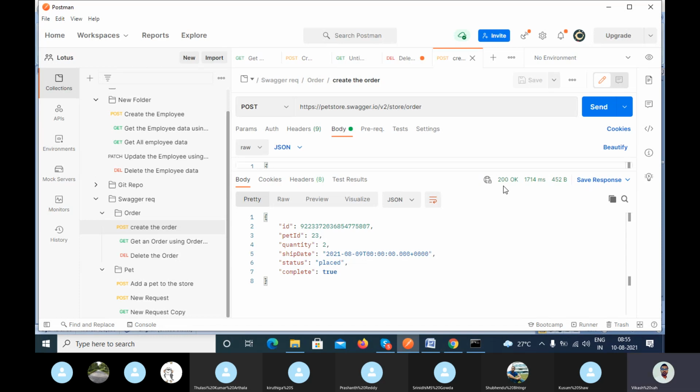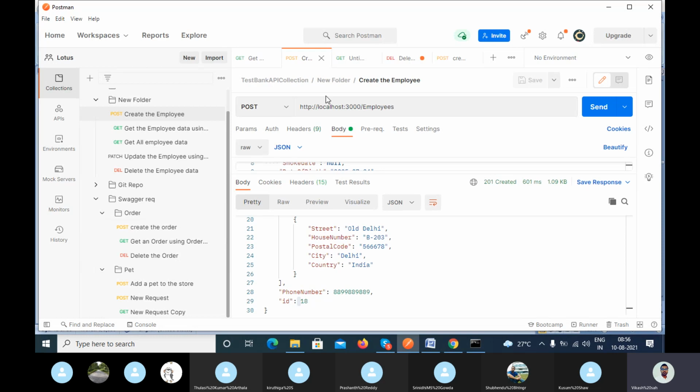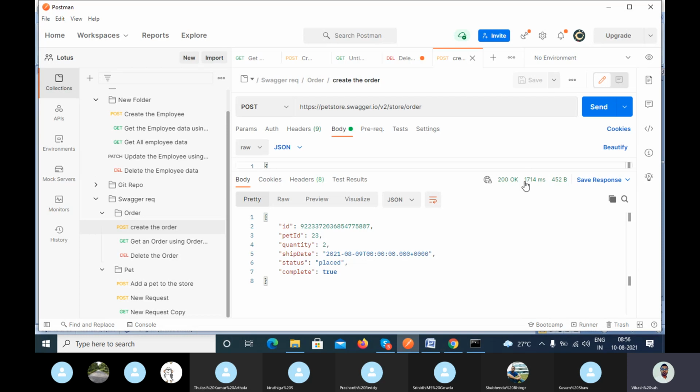So when you start testing in your project, you might say, sir, you explained to me that when we use the POST method, I will get 201, but I am getting 200. Why? You don't have to be confused, because this particular service has used 201 as the requirement, and in the Swagger they have used 200. That's why it's printing 200.